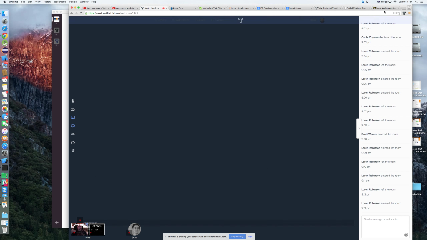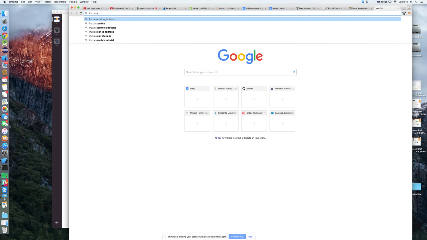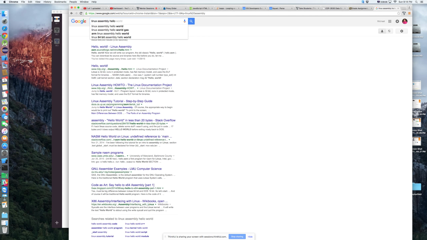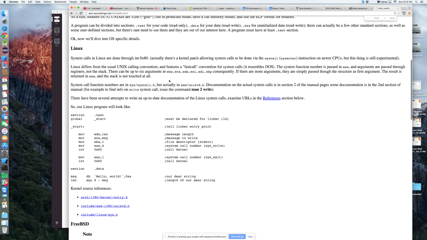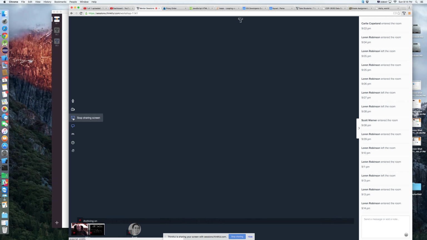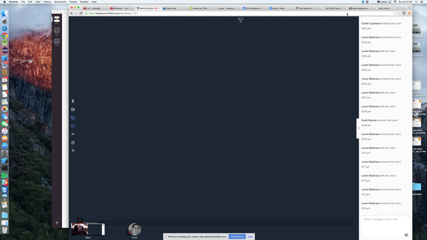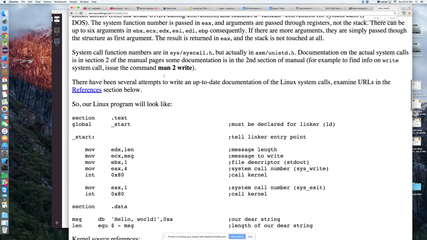And the way I like to explain this, if you haven't seen it before, I'm going to bring up an example of an assembly language program. Let me just find the one I like to use. All right, and let me share a different screen here. I'm going to walk through an example of a hello world program in a low-level language. This is Linux assembly language that we're looking at right here.